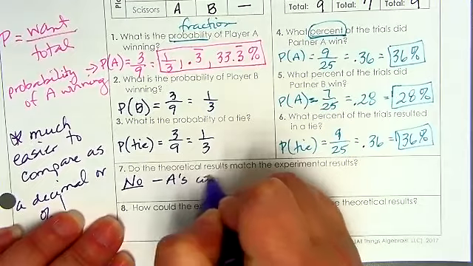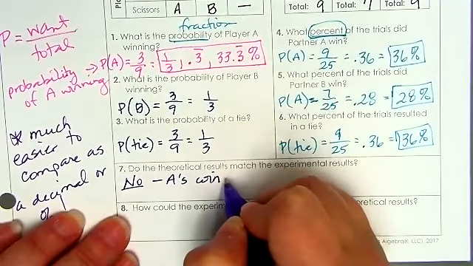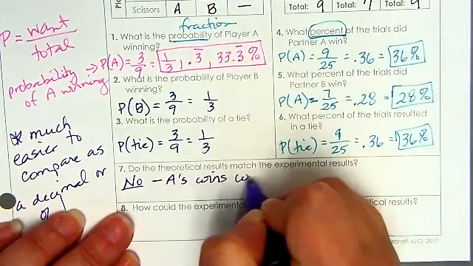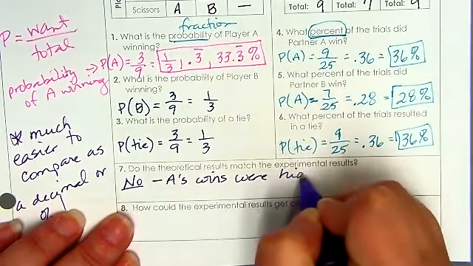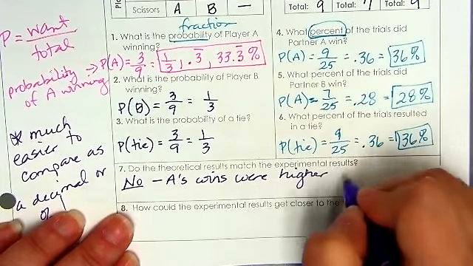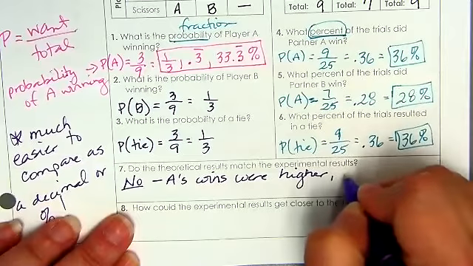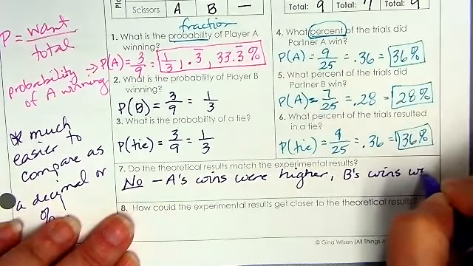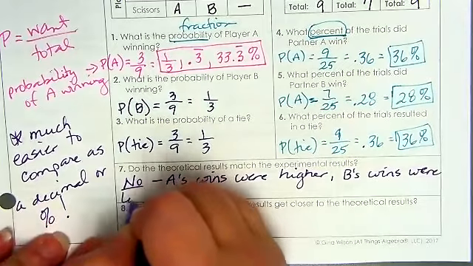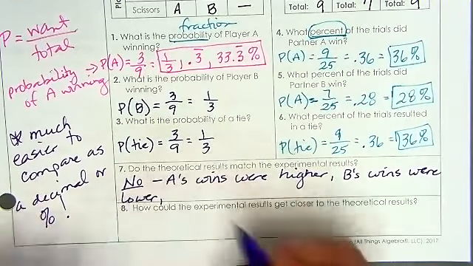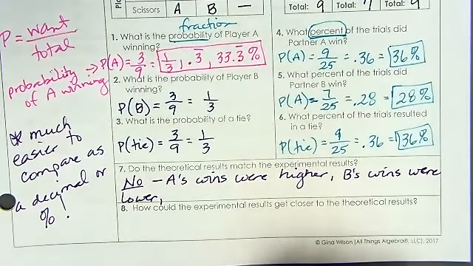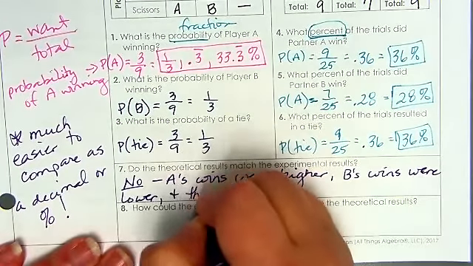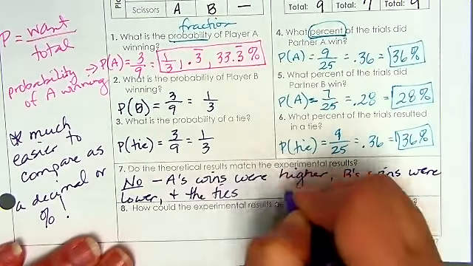A's wins were higher, B's wins were lower. You have to describe what you notice. That's the big thing. You've got to describe what you notice. And the ties